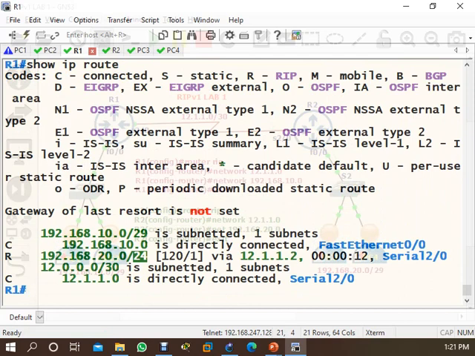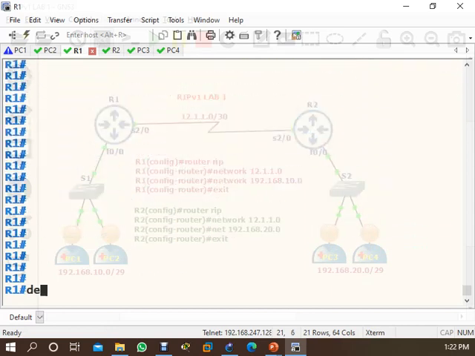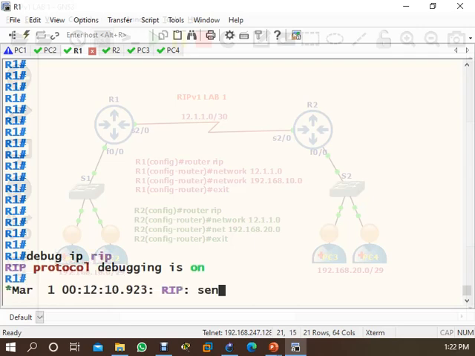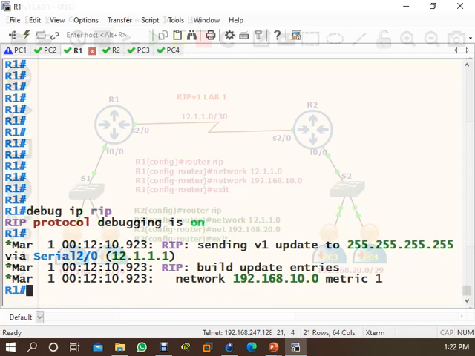If you configure classless also, no problem, but it will advertise as classful. If it is classless configured, it means subnetted configuration, but it will advertise as classful. But how are they advertising? Now if you run debug IP RIP, see, sending version 1 update via this broadcast address, right?